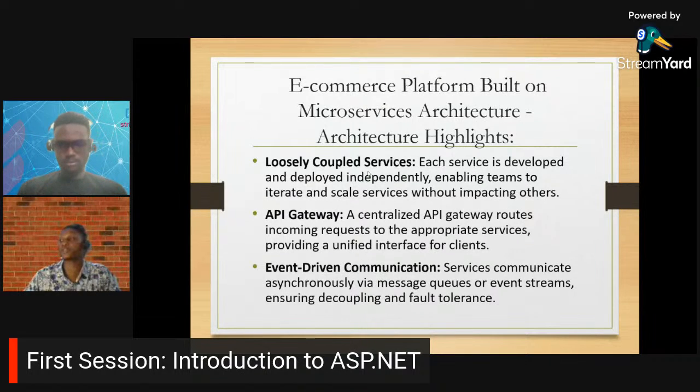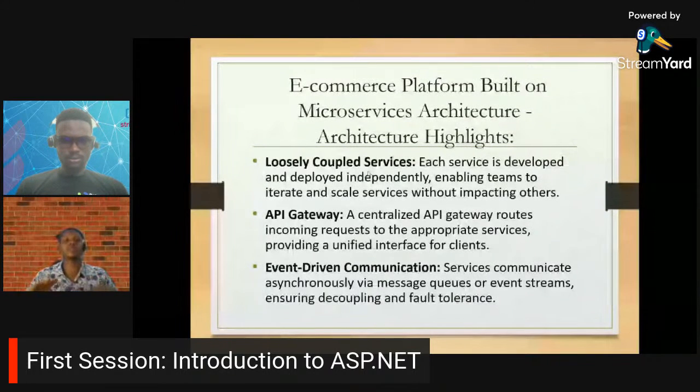Each service is developed and deployed independently. The ordering service doesn't know there is a chat service. The chat service doesn't know there is a recommendation service. The recommendation service doesn't know there's a shopping cart service. So every service is running on its own. They have the API gateway, which is a centralized API gateway to manage